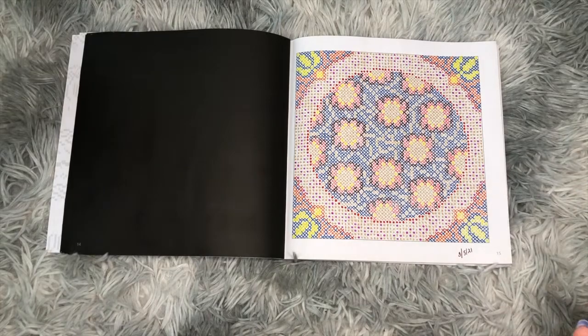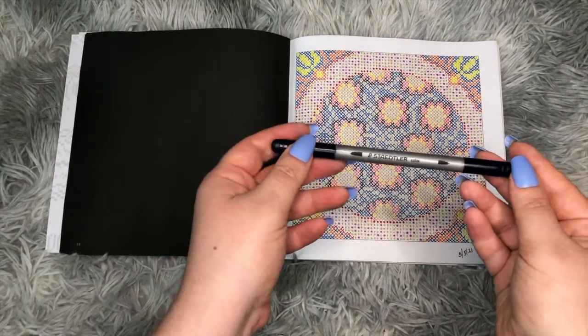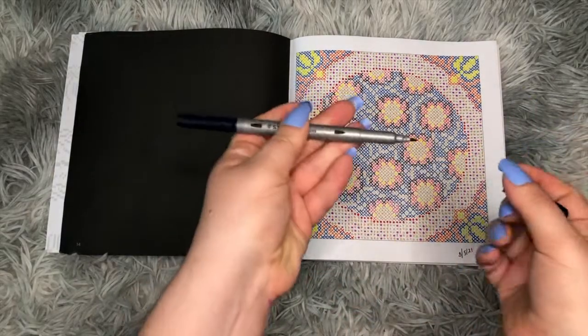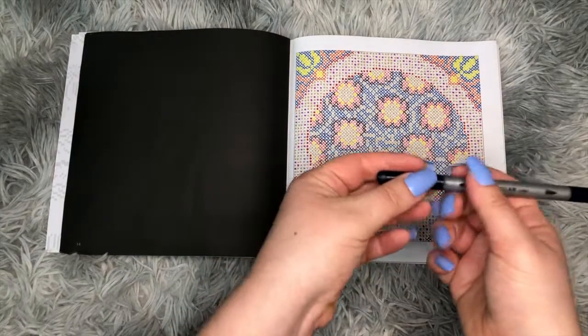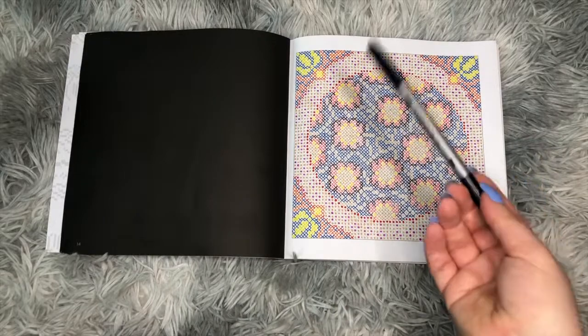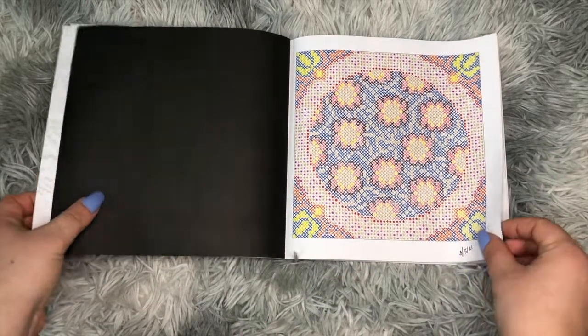I have them next to me, so I might as well show them, these bad boys, because I think for the cross method, this side, the pointy side, is perfect. And then for the dots, I tend to use the other side, the bigger side, because it makes it much faster. So these are great markers, also budget friendly. But anyways,